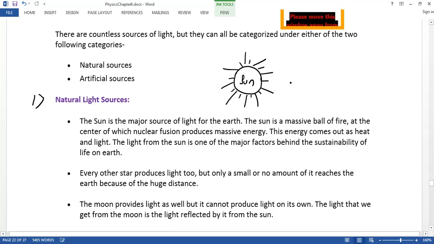It is a massive ball. What makes the sun give light to all the planets, and what is the reason behind it that it provides light? The main reason is that inside the sun, hydrogen is converted into helium. When hydrogen is converted into a heavier atom, that is helium, energy changes take place. When the energy changes take place, it emits energy in the form of light. So this process is exactly what happens in the sun.